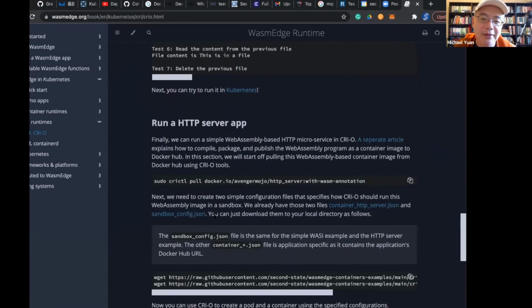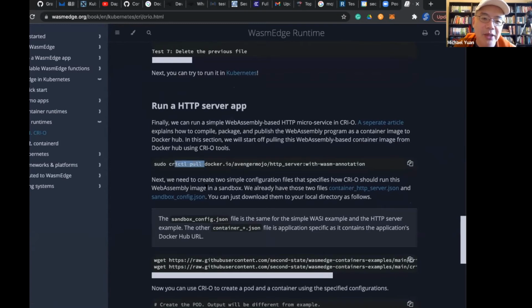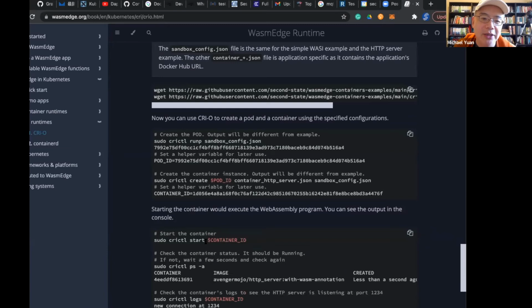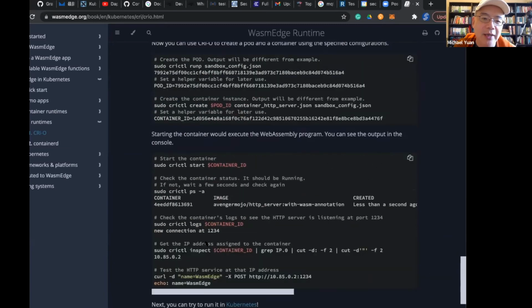And then the second application, the same thing. You can pull it, and then you have configuration files. You download two configuration files, and then you can run it. Once you run it, you can